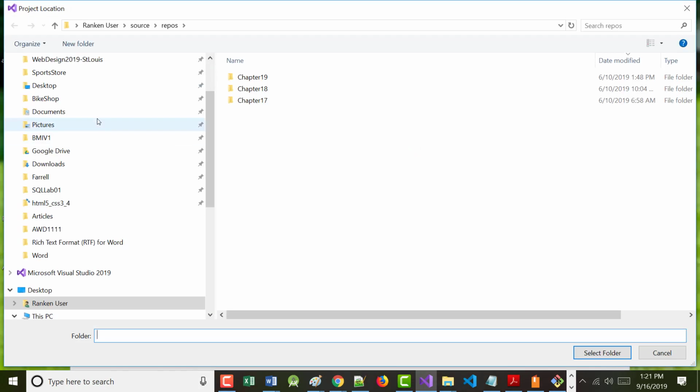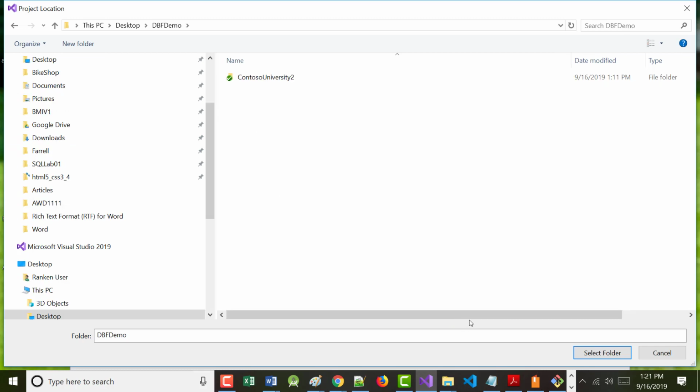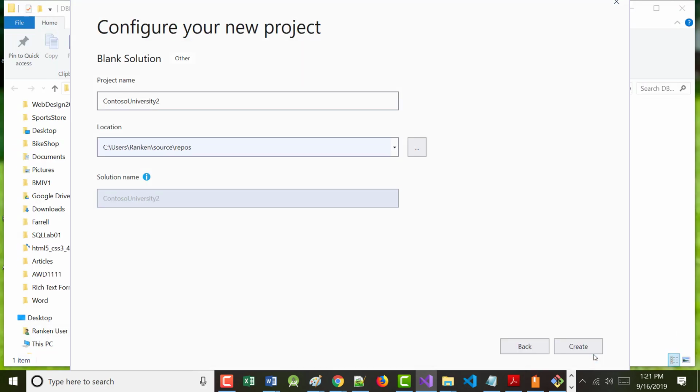And I gave you the right location. In other words, it should be on the desktop, and under DBF Demo. So if you use the same naming structure I did, it should say here ContosoUniversity 2, and here it should have the desktop and your DBF demo folder. All right?